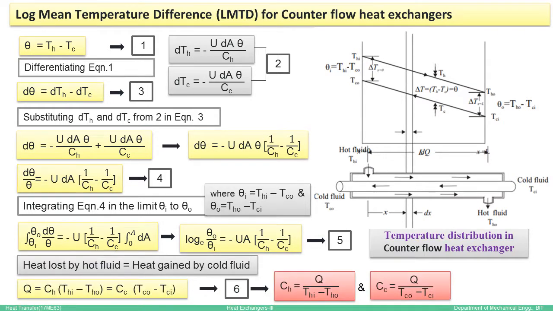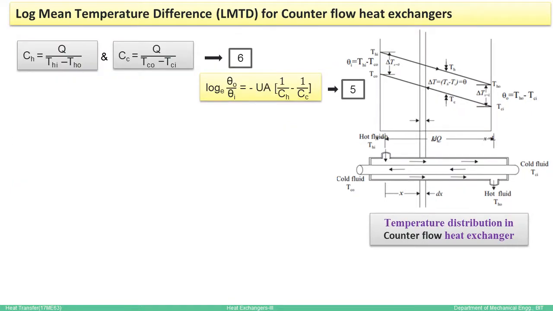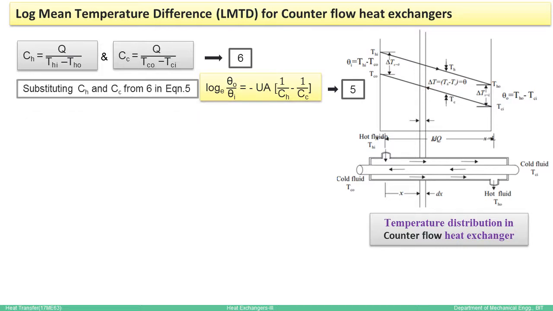And again, recalling that heat lost by the hot fluid is equal to heat gained by the cold fluid for the heat exchanger, this is the total heat, so q is equal to Ch into (Thi minus Tho) is equal to Cc into (Tco minus Tci). We call this equation 6, from which we can get Ch is equal to q by (Thi minus Tho), and Cc is equal to q by (Tco minus Tci). Since we have equations 5 and 6, substituting Ch and Cc from equation 6 in equation 5,